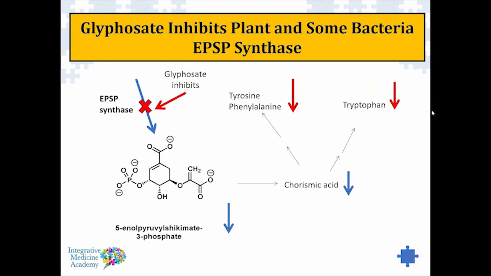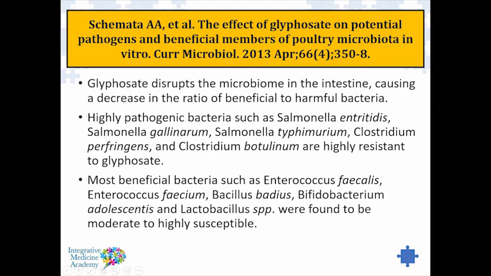And so what's happening is that glyphosate blocks this particular enzyme, which ultimately leads to an inability of the plant to utilize these amino acids: tyrosine, tryptophan, and phenylalanine. The problem is that some of the good bacteria that exist in the digestive system also utilize these amino acids. And a lot of studies are now showing that in an individual who's exposed to glyphosate long-term, there can